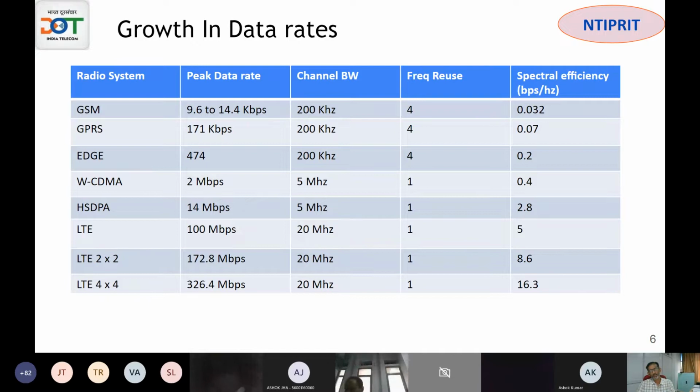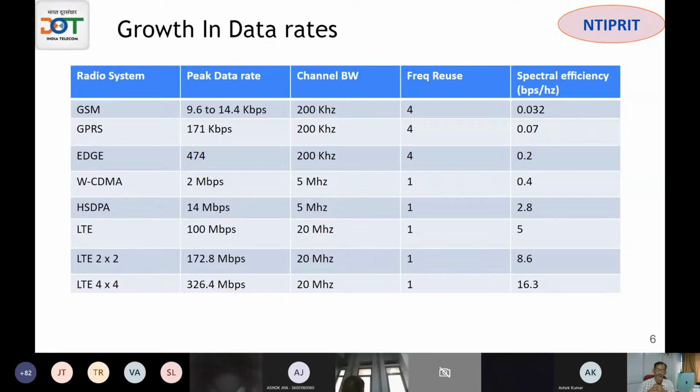So we have seen the spectral efficiency growing by leaps and bounds. What do you mean by spectral efficiency? You mean the quantum of information that you can pack in a given spectral width. So that can be increased in many ways, which you will be examining in a nutshell. So from GSM, it was 0.032 kind of a thing. Even after using a frequency reuse of 4, you can have a frequency reuse of 3 sites. Every 3 sites you can reuse, or every 4 sites, or every 5. So that's up to you, depending upon the considerations that you have.